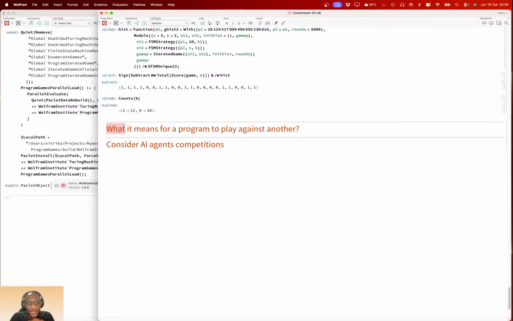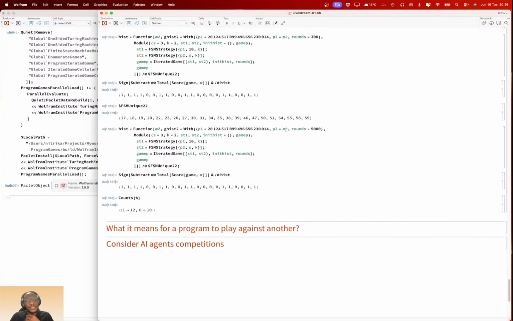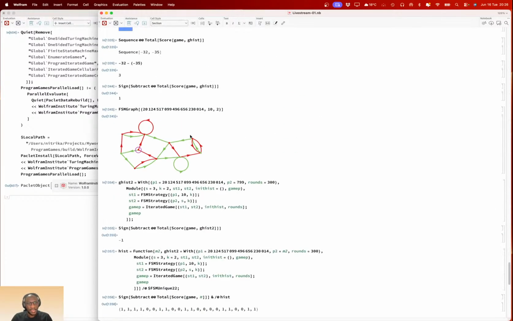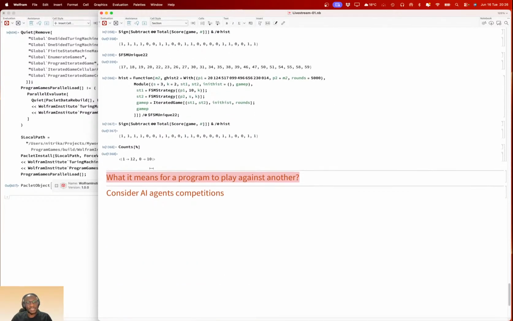What does it mean for a program to play against another? I think we have seen this. We already answered this question above, right? But ideally, what it just means is that, given an opponent, and for a finite state machine, what will you do?